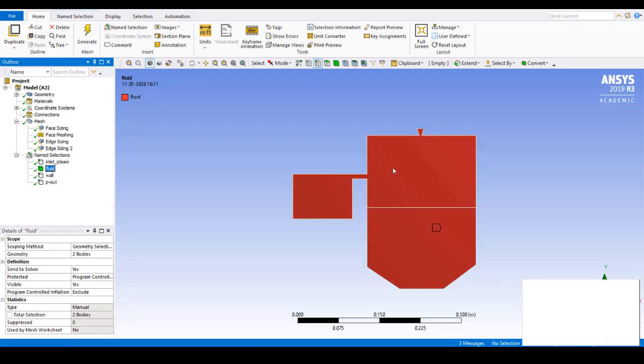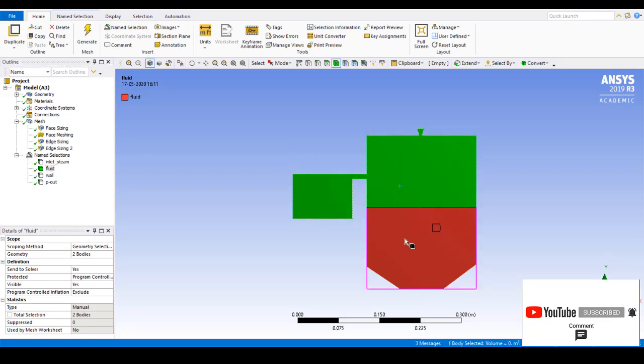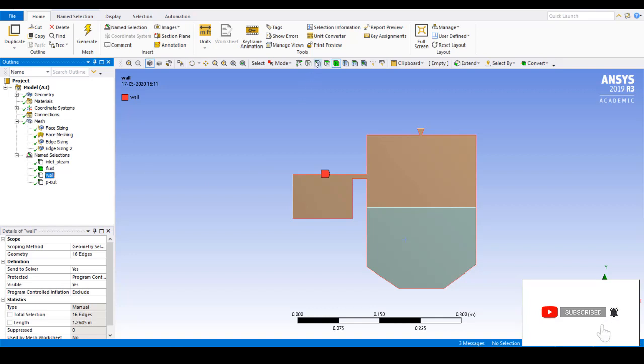So this is the fluid. I have selected two bodies using this option: control, click on this, control, click on this, and right click named sections, give the name as fluid. Similarly, I have used the edge selection and I have given all the edges as my walls, and this is my pressure outlet which is open to atmosphere. So these are the conditions that I have taken in the meshing,